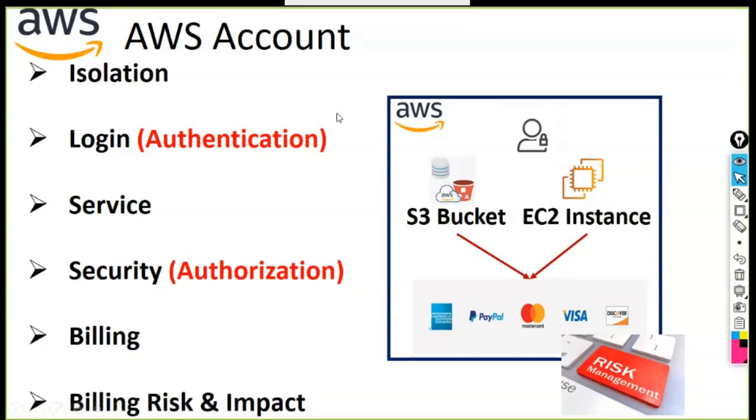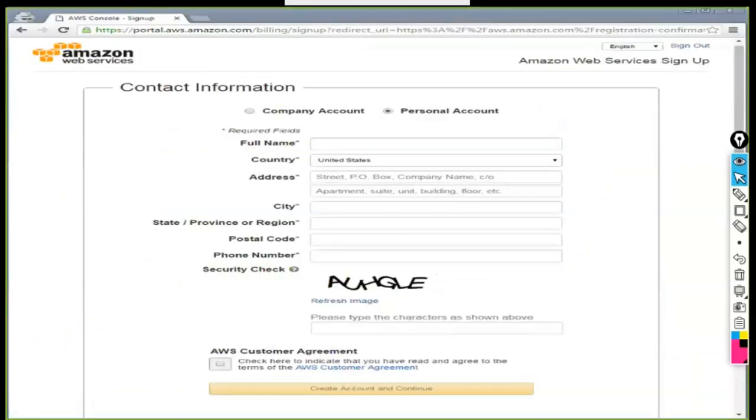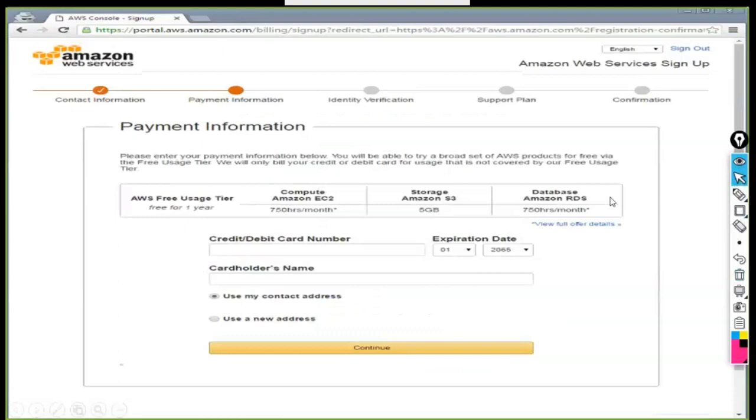So this is how the page would look. This is the old option of creating an account, but the new option got changed, and I didn't get the screenshot of that. So this is how it will be. Whether you want a personal account or a company account, just go for a personal account. Give all your details, enter your correct details, and then go through the agreement consent. The next option is all about the payment. In the payment, you can see all the information.